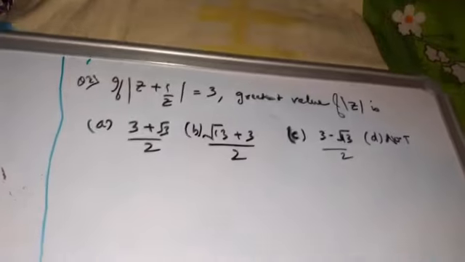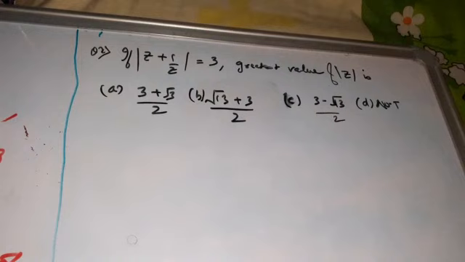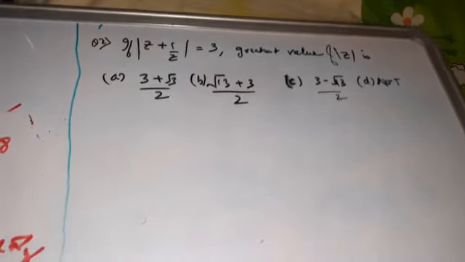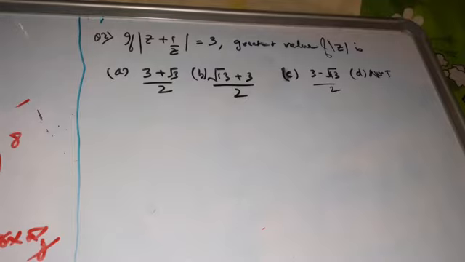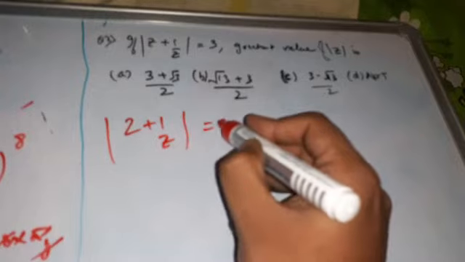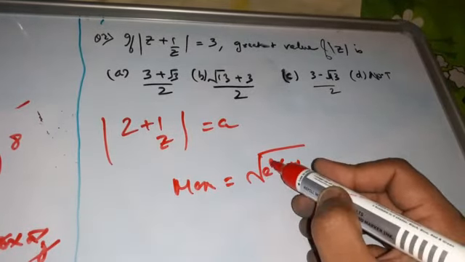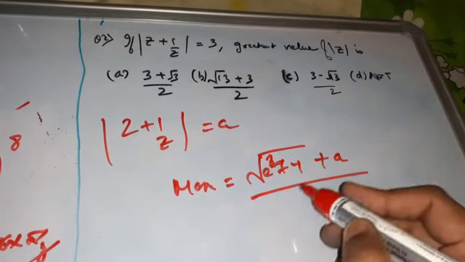Now we are moving to our next question. Many of you will be familiar with this question, as it has come in many exams or mock tests you are giving, AITS or Akash JEE or Narayana PMT JEE. So first of all, you need to know the shortcut for this question: if |z + 1/z| is given as a, then the maximum value is given by (√(a² + 4) + a) / 2.